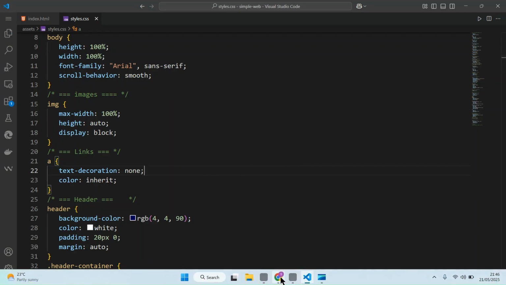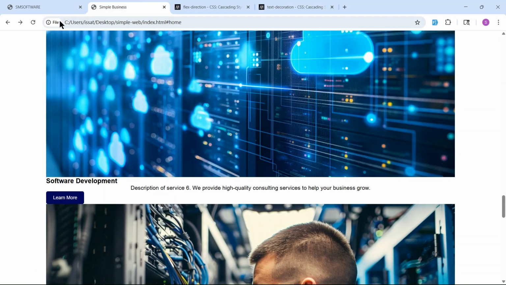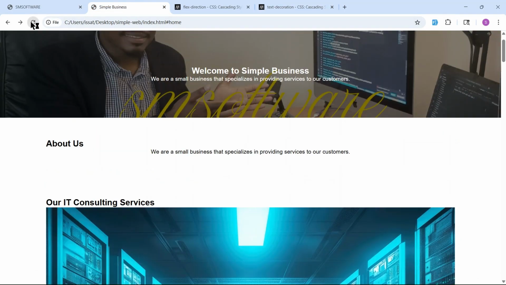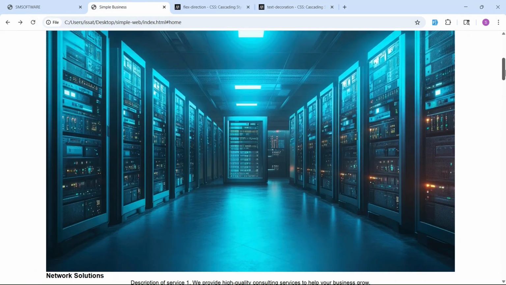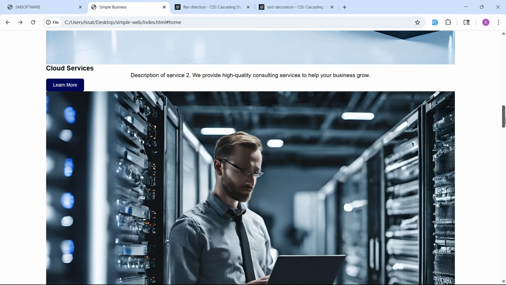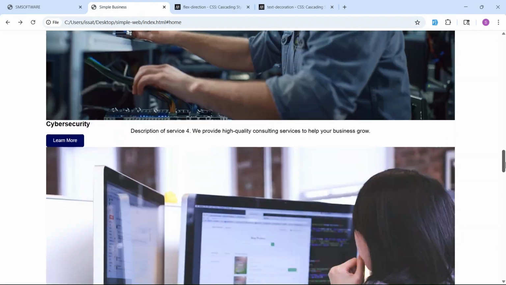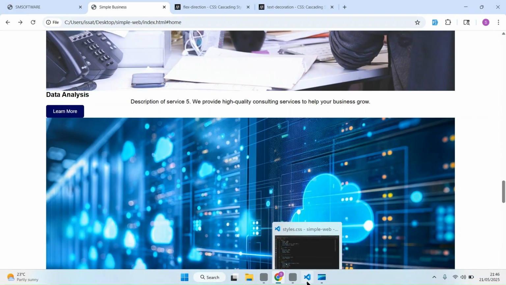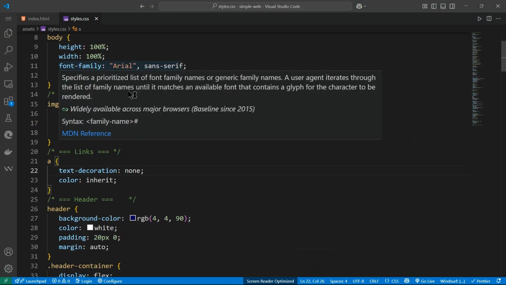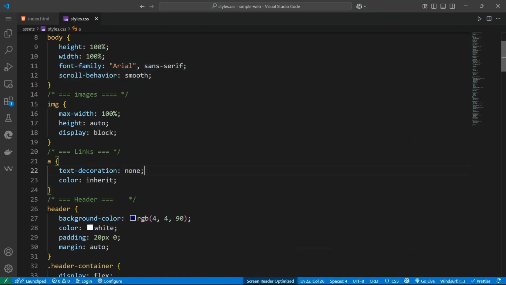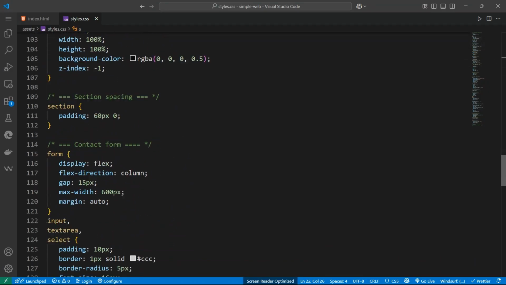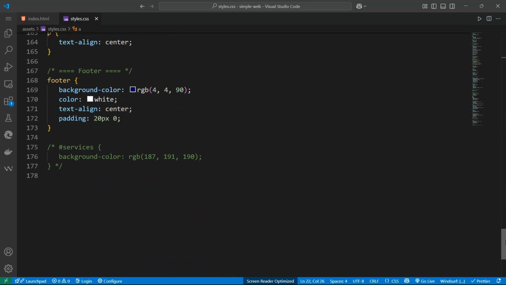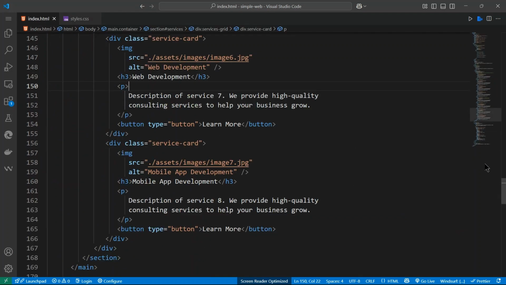If I go back to our browser, let's try to reload again. Yes, this is what we have. So our image is not that oversizing, but we still need to style them a little bit. Okay, so you can now go back. We need now to create, yes, here. If you go back here,